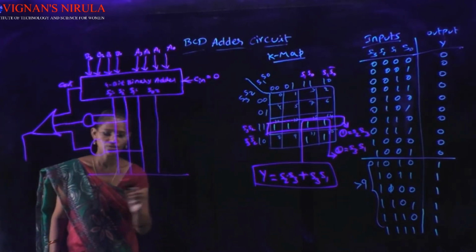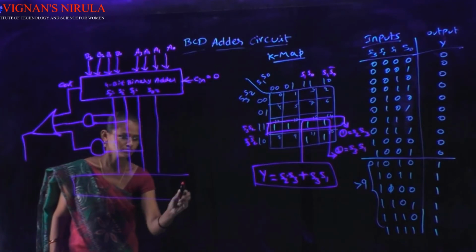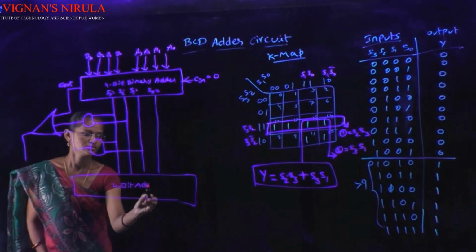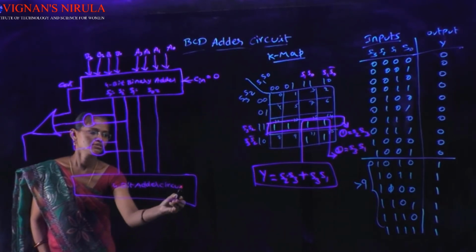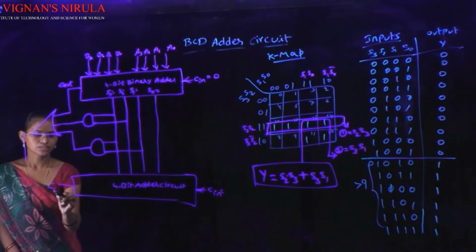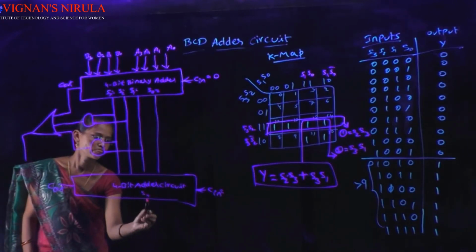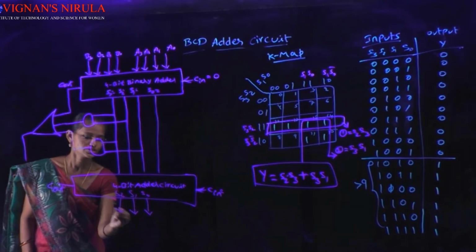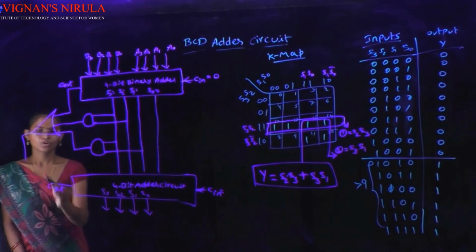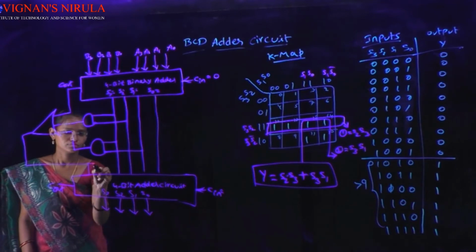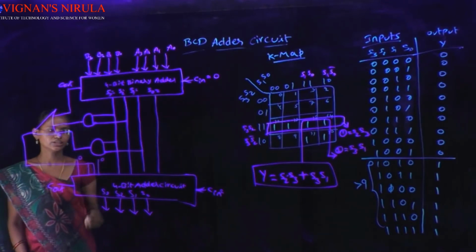And this is the second four-bit adder circuit. Here this is carry in and this is carry out, with the sums S0, S1, S2, S3. By default, the other inputs are 0 and 0.